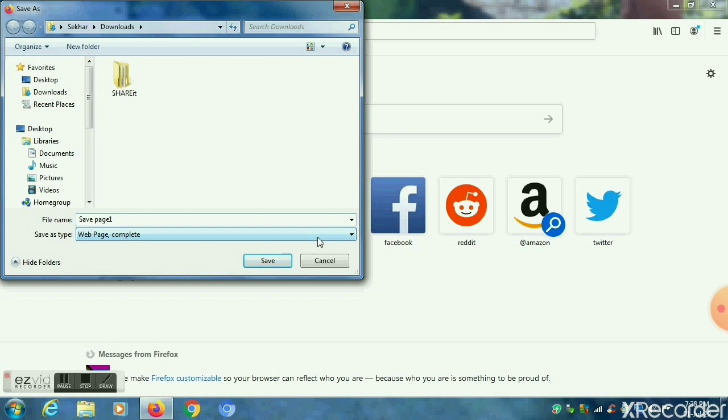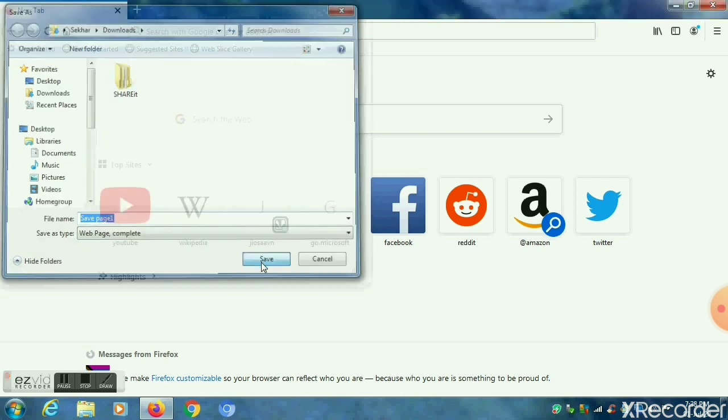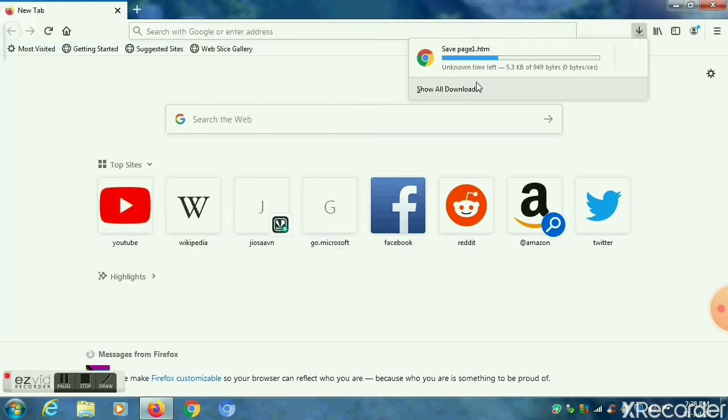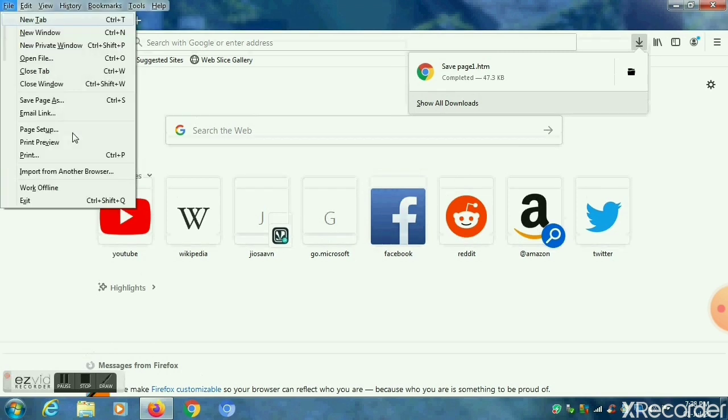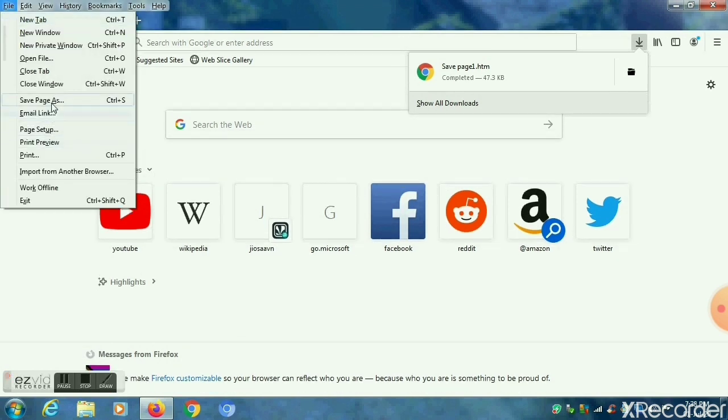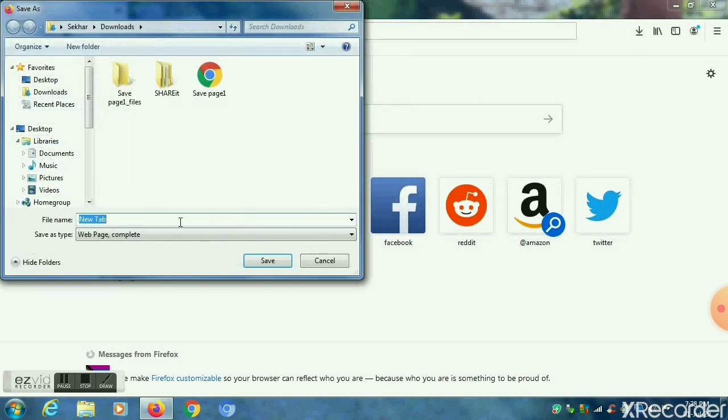So give the file name save page 1, and then click on the Save option, so that this will be saved in your Downloads or wherever you give the path. So now we saved the web page using the Web Page, complete option.